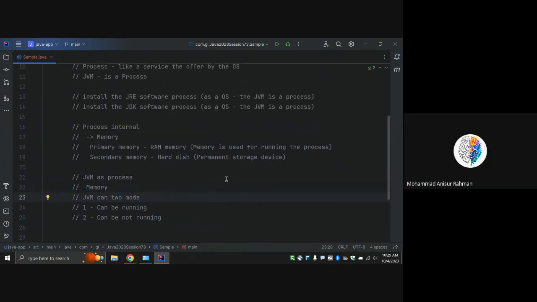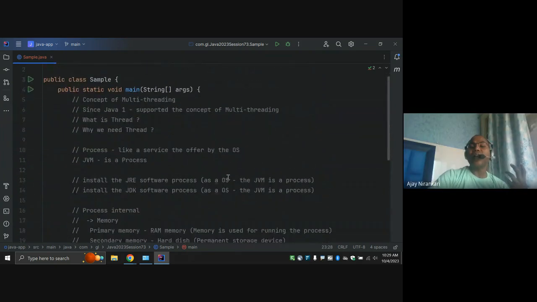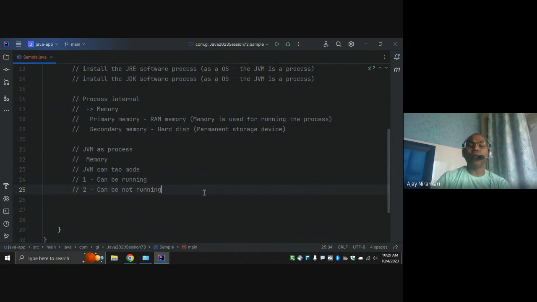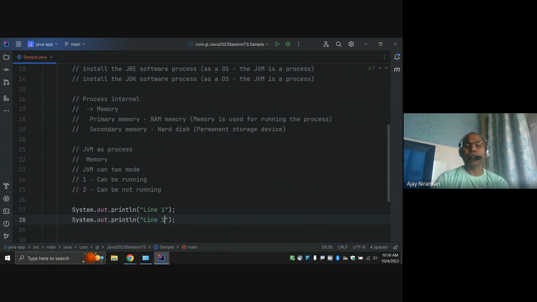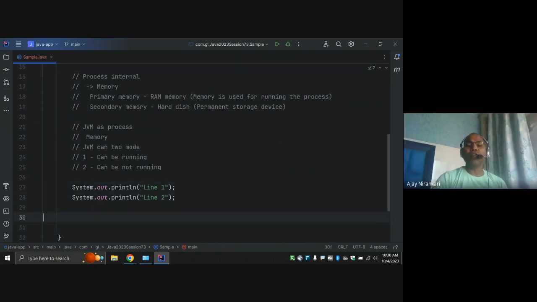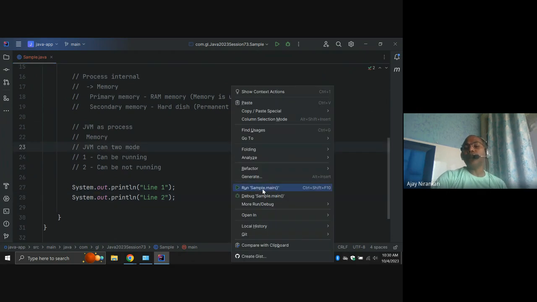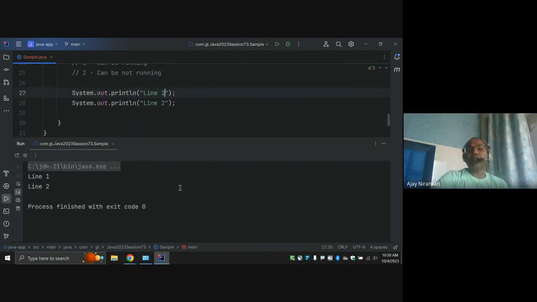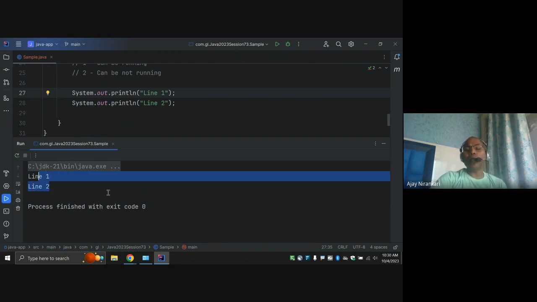And in coming classes, we are going to understand how we can write a thread. So notice, whenever I write code here, System.out, here's line one, and here's line two. If you run the code, it prints two lines. It's very simple. But I want to know which thread printed this line. What is the name of the thread? Two lines are printed, but as a programmer, we don't know whether this is printed by thread one or thread two, or both are printed by the same thread.